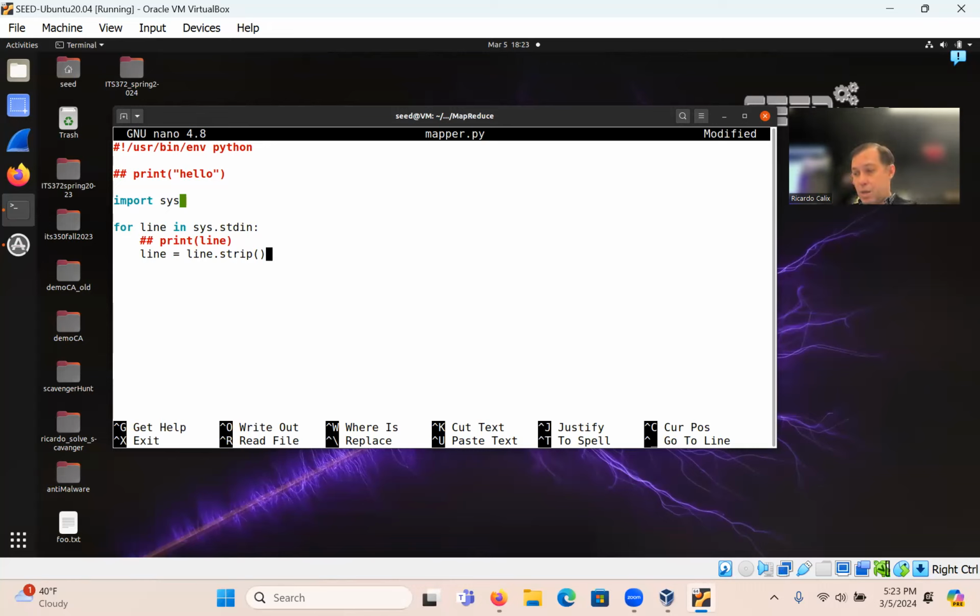Okay. And I'm going to split it into the words. So I'm going to say words equal line.split. Given that, I'm going to have a list of words. And now I'm going to create the key value pairs from this. So I can say for word in words, colon,